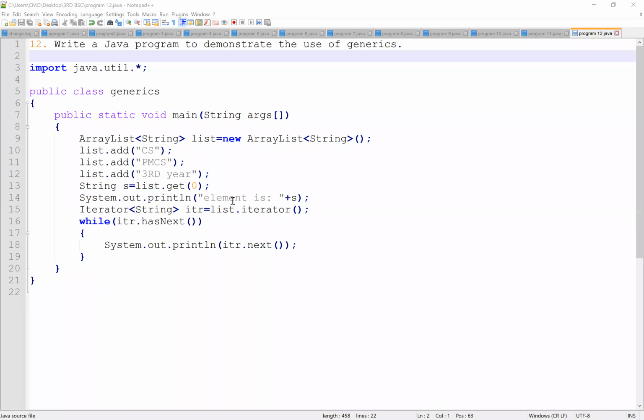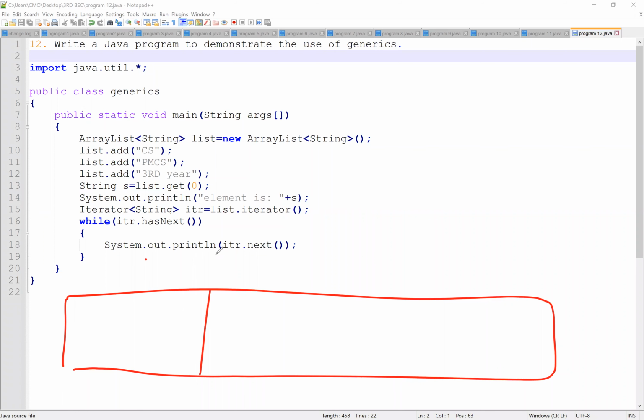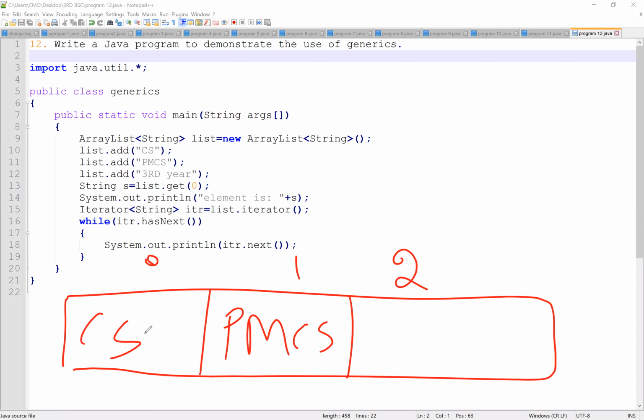Now our ArrayList is ready. We have elements in our ArrayList at indexes 0, 1, 2. Now we need to read all these elements. That's why we are starting from location 0, index number 0. Since we have many strings, we need to iterate through this ArrayList.